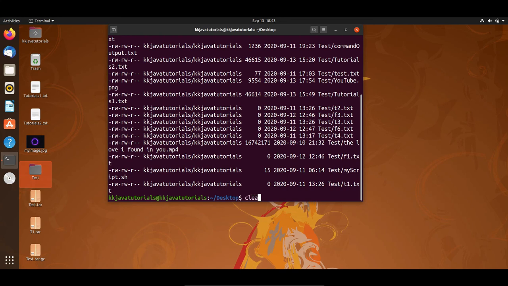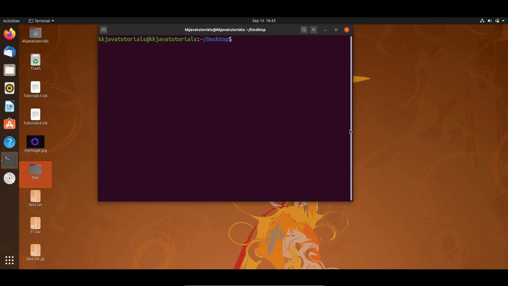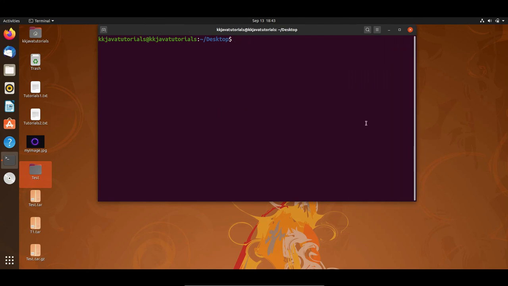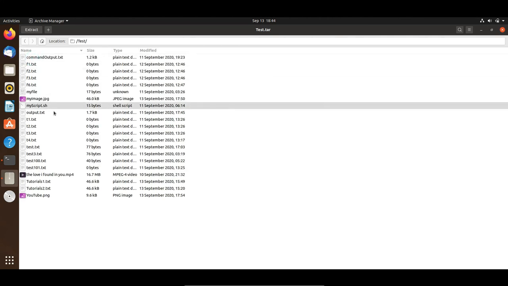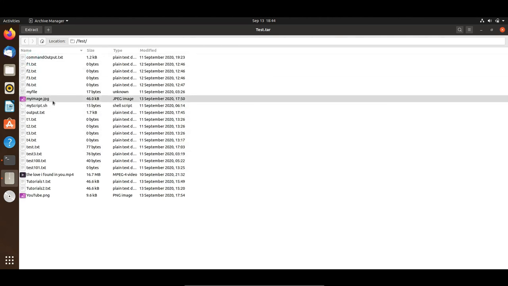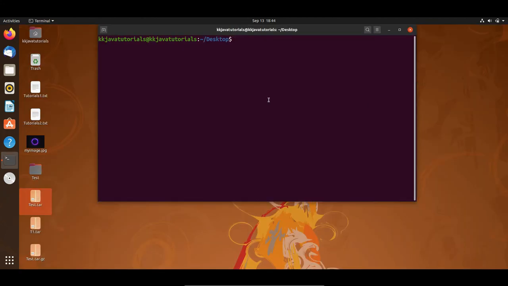Yeah. Now next thing I'm going to show you, let's say you would like to search a specific file within the tar, then how you can do that. Let's say you haven't extracted but still within the tar or within the basically tar.gz file you want to search something, right? So let's say in this test.tar, if I click over here, then inside that I have a lot of files. There is a jpg file, there is a png files. I would like to search png file.